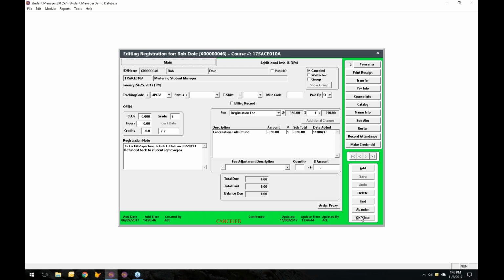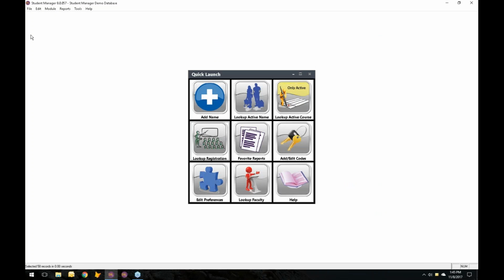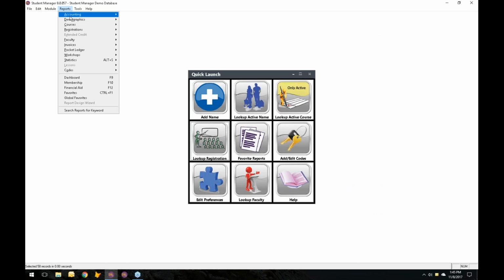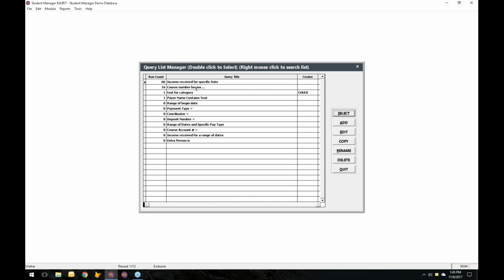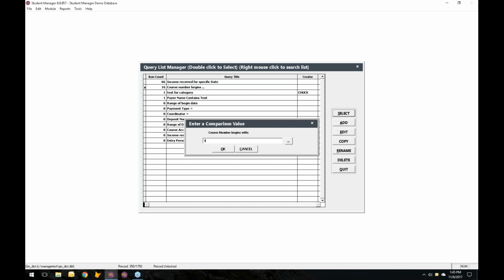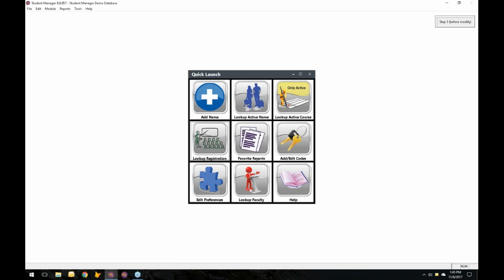All right, I'm reading over my note here. The next thing is, this actually applies to both the daily income by source by date and daily income by source by course, but I'm just going to show one of them. I'm going to go into the modify, default report's fine, course number 17. The new thing, and let me pull up the